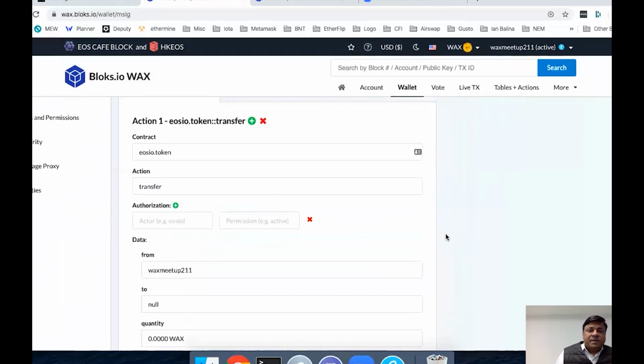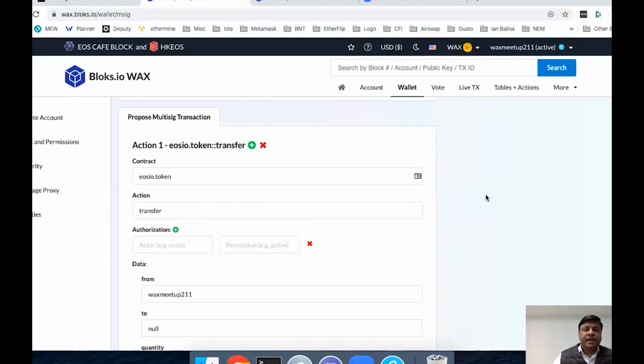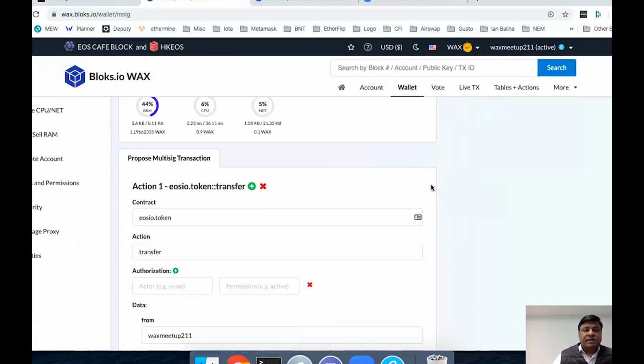Now this can appear to be confusing at first, but Blocks makes it very easy and intuitive. It's a very user-friendly interface. So let's see what we are planning to do here. We want to transfer 1 WAX token from the MSIG Security account to the 111 account. That's the action we want to do.